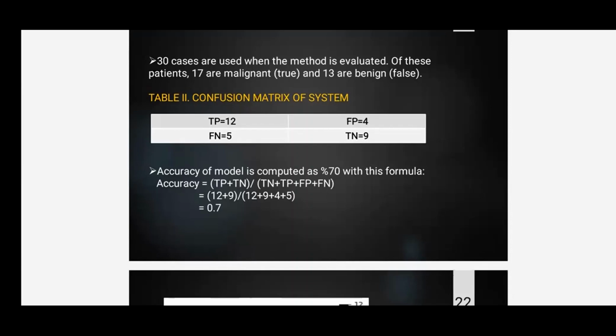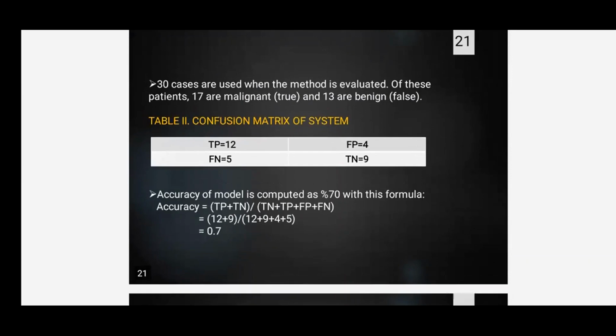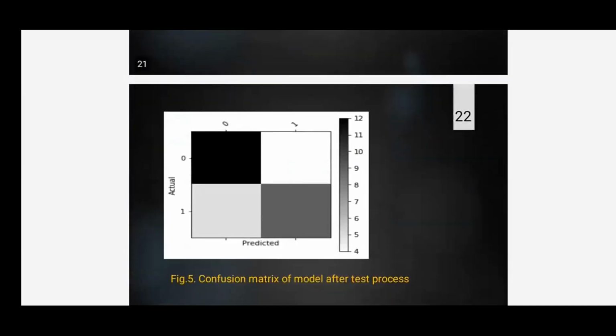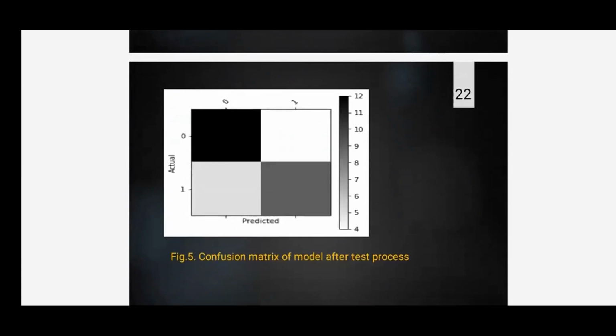You are explaining 12, 9, everything, then how is it that you don't know the basic part? How did you derive 12, 9, 4, 5 and all? Tell me now. Ma'am, that image is showing it. This was supposed to fall in this group, but it is falling in this group, that's why it is a false positive. That's how it will be classified there.